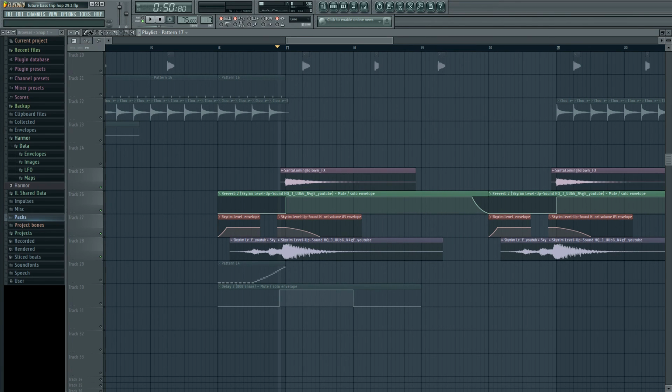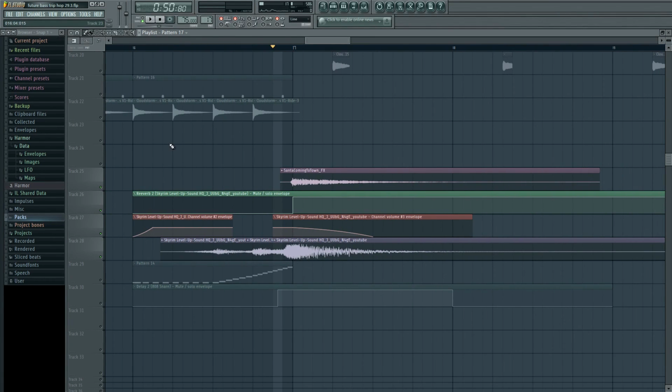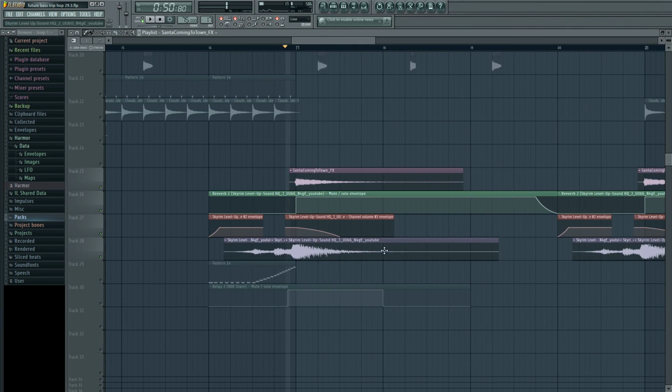Then we have this little Santa thing I just took. The difference is really small, but it gives a